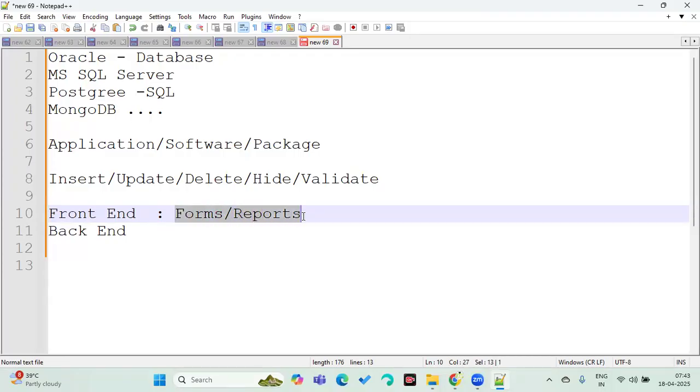So the employees who are working in that company, maybe in a supermarket, a medical shop, a hotel or restaurant, or educational institutions, whatever they are using, we call them end users. They are company employees. They open the forms and enter the data. At the end of the day, their supervisor will come, or these people only will run the report and see the output. So these forms and reports, we call the front end.